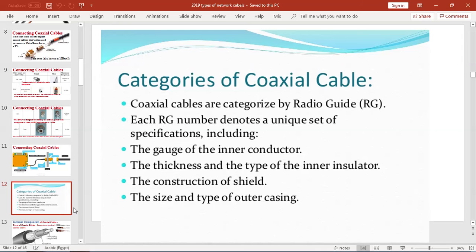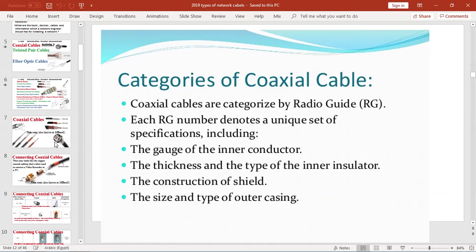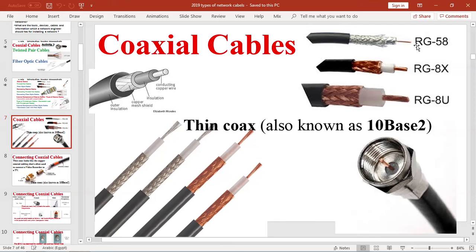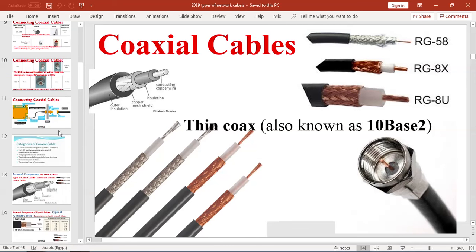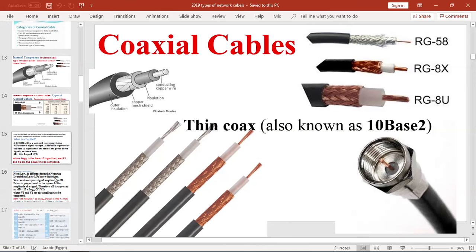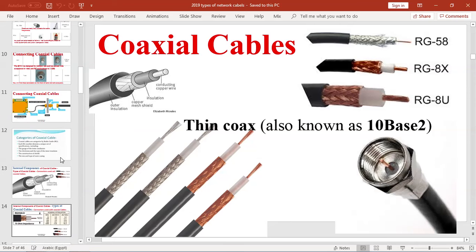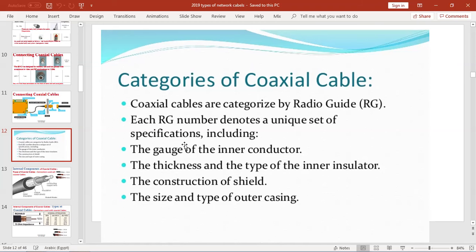Categories of coaxial cables. Coaxial cables are categorized by radio guide RG. As we saw, all types start with RG. Each RG number denotes a unique set of specifications, including the numbers which come after the RG, the gauge